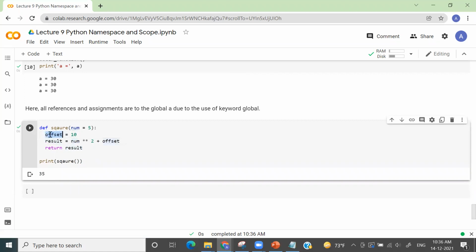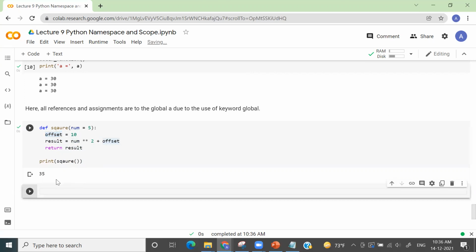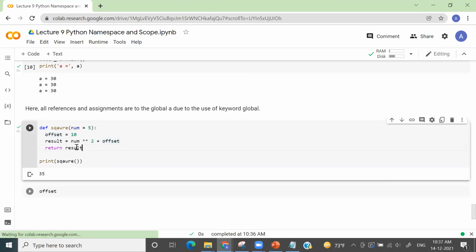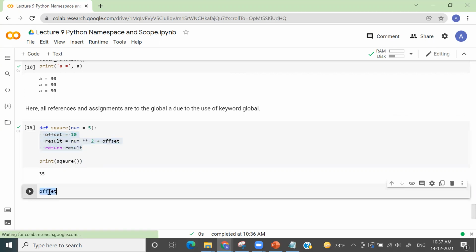Yep. Now this is a question for you. If I want to print the value of offset in any part which is not a part of this function, if I want to print the value of this offset beyond this function, what would be my output? 35?